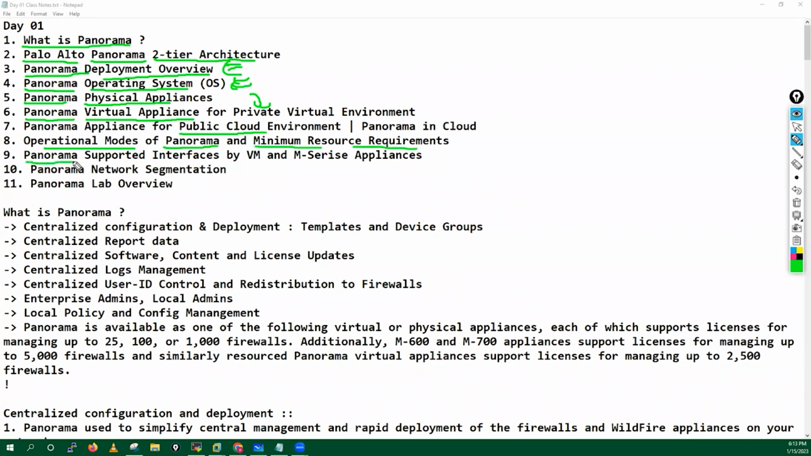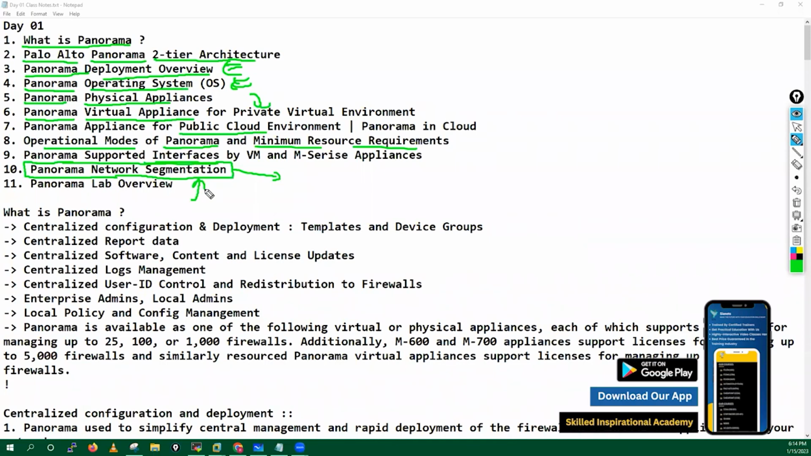And after that, I will move towards the Panorama supported interfaces. What type of interfaces are available in your Panorama? Because if you want to understand network segmentation, this is the most critical part, guys. If you are designing the LLD or HLD of your Panorama solution, you have to understand how you will implement the network segmentation,